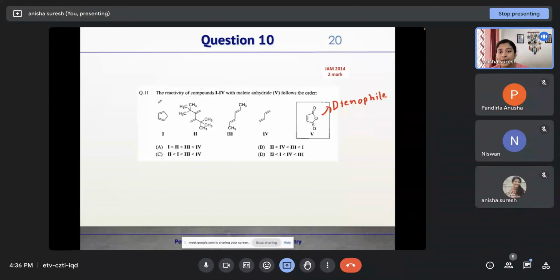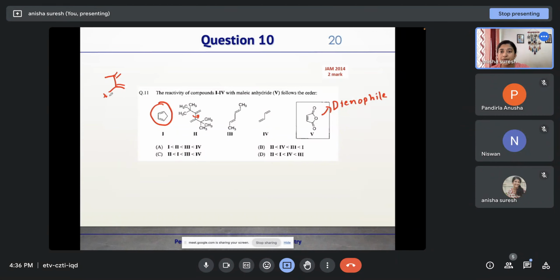So this is a permanently cisoid conformation. So this will be the most reactive. Then this one, the rotation about this C-C bond will not be feasible, as this is a bulkier group. Tertiary butyl group is bulkier, and if we draw this conformation after rotating,